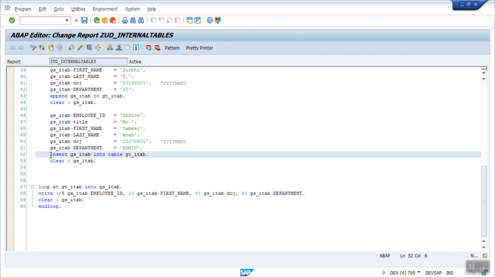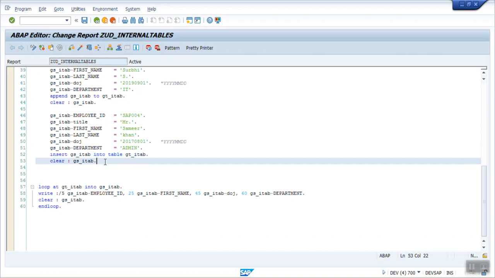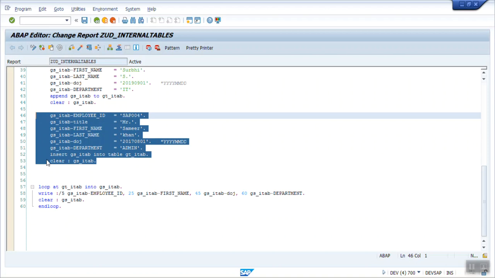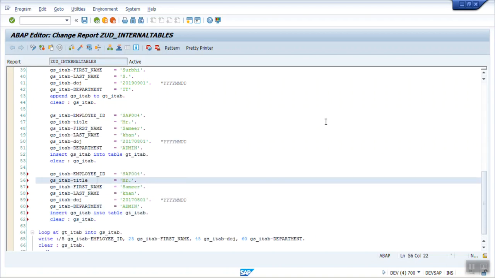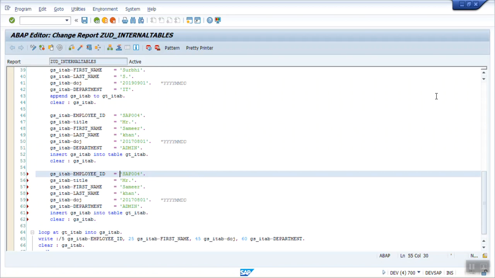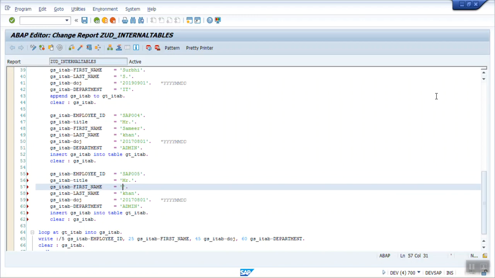But the second advantage of using insert is that we can add the record at any position based on requirement. Let's say I'm adding one more record here. Five. Let's say Sanjay.